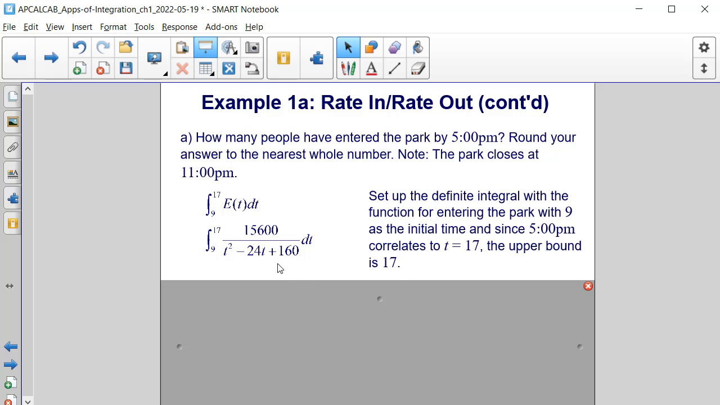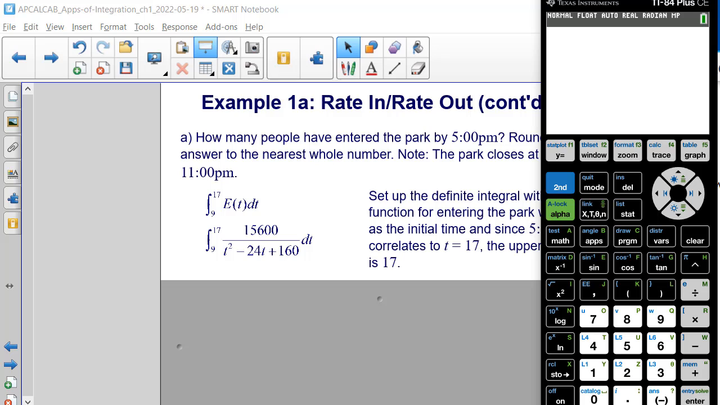And now we can enter this integral into our calculator in order to solve it. So we're going to use math. We're going to choose option 9. And our lower bound is 9. Our upper bound is 17. And we're going to put in there